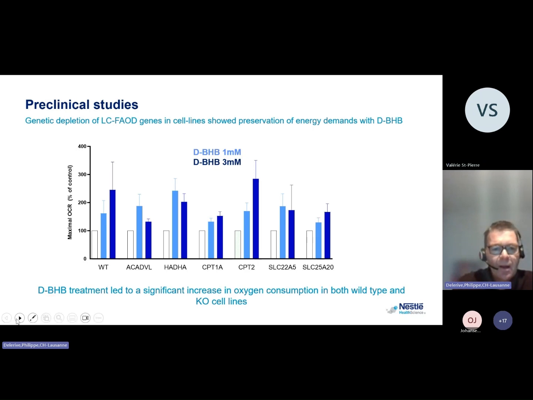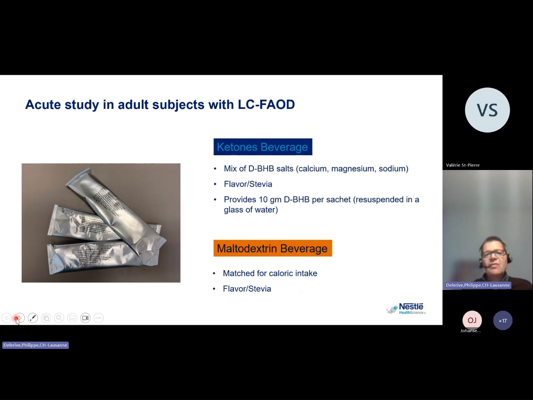At the same time, we had an interesting collaboration, as I said, with Melanie Gillingham, who is one of the leading investigators in the space of FAOD, and she's based in Oregon at the OHSU. And there was a small study that was conducted, which was an acute efficacy study testing one of the products that was initially developed internally,